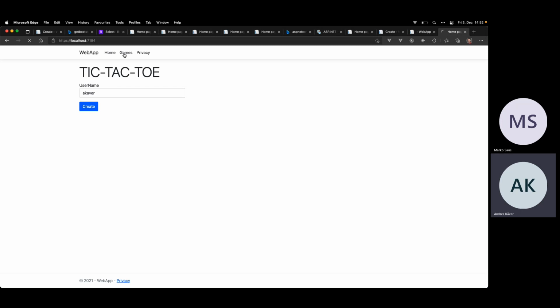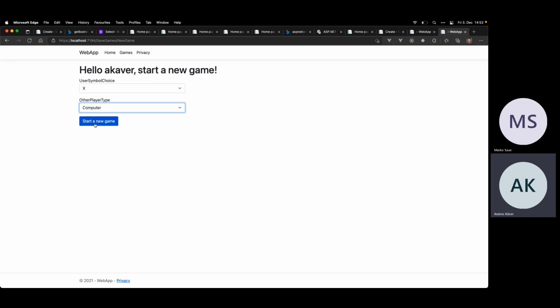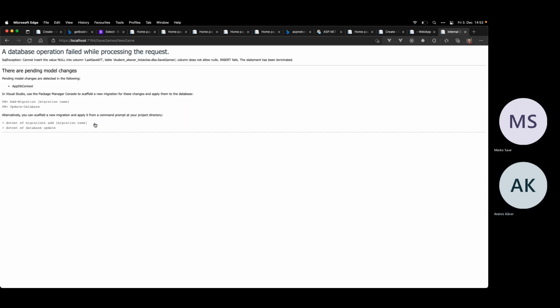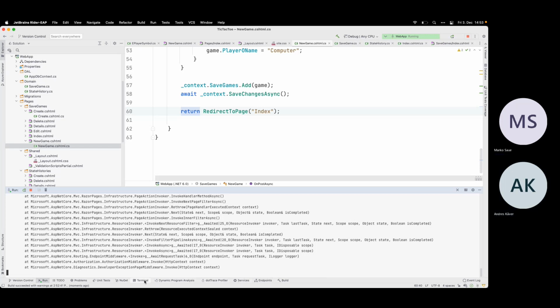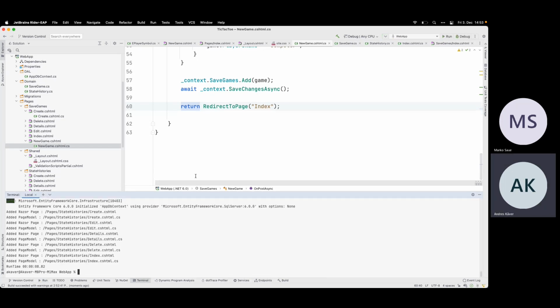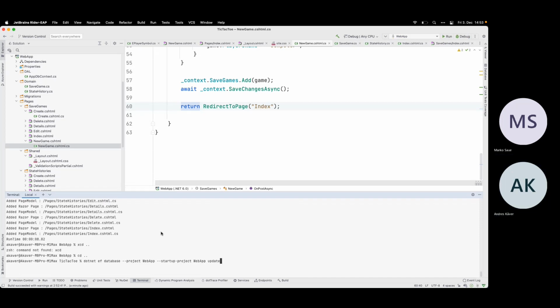So games, start a new game. Okay, X, other player type, let's say is computer, start a new game. Oh, okay, my database was changed, that's true. So let's drop the database first. Drop.